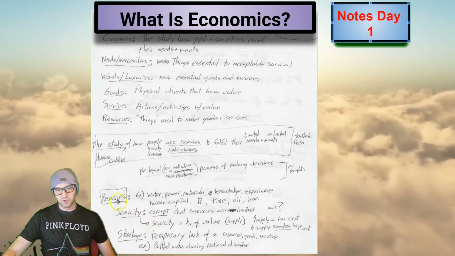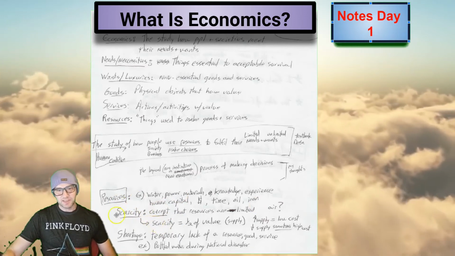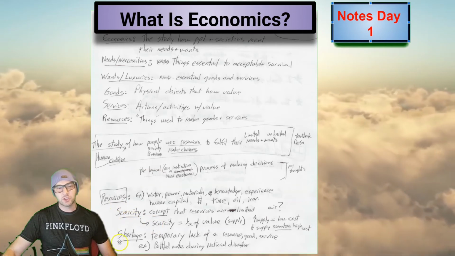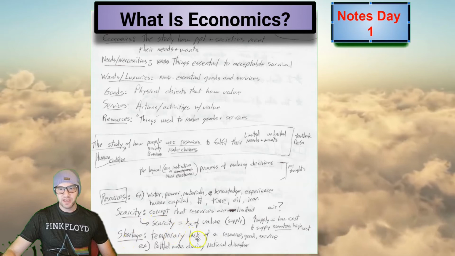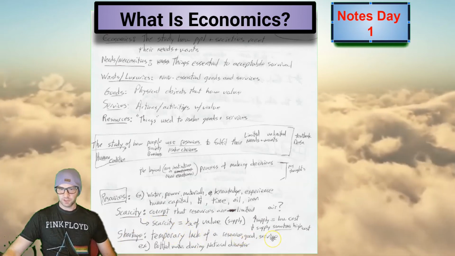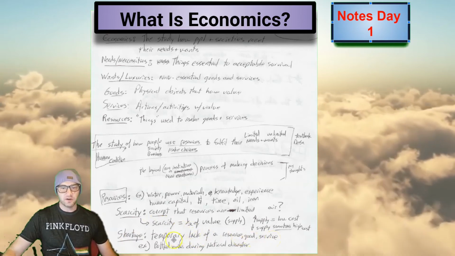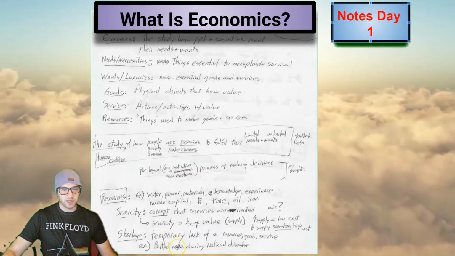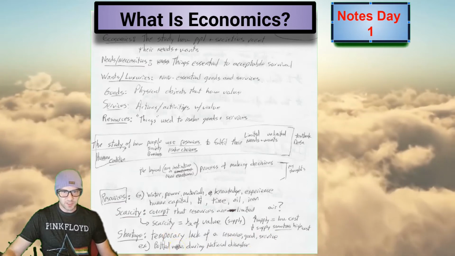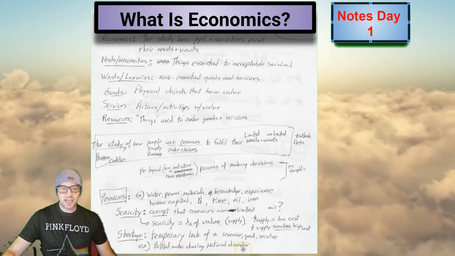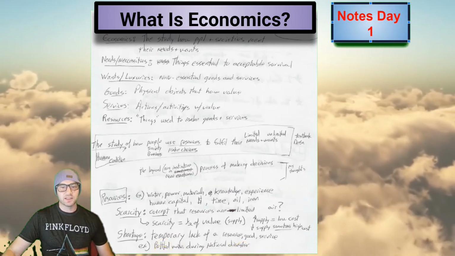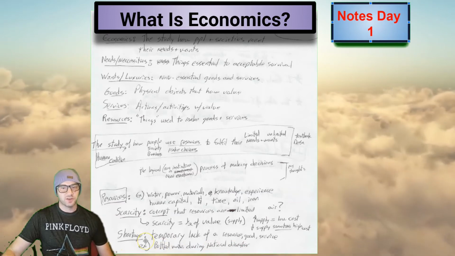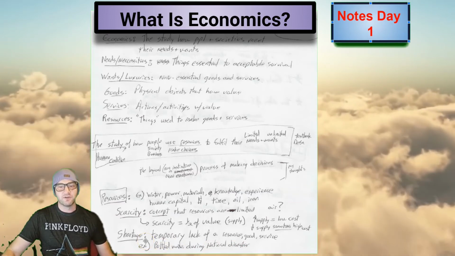Okay, to finish up resources, there is something that happens that is different than scarcity. It is called a shortage. A shortage is very simply a temporary lack of a resource, good, or service, where usually there is enough of something like bottled water to fulfill the demand of people. During a natural disaster, everyone wants bottled water, or recently toilet paper, and so there becomes a shortage. The supply chain cannot handle the demand.